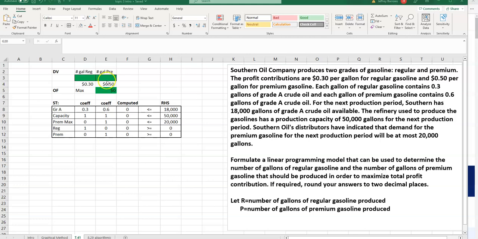And remember that the profit contributions are 30 cents per regular gallon and 50 cents per premium gallon. So for the objective function here, I've already put a formula in, and I'm going to share this sheet with you so I just don't try to write this all down. I'll share the sheet with you, and you can use it to get started